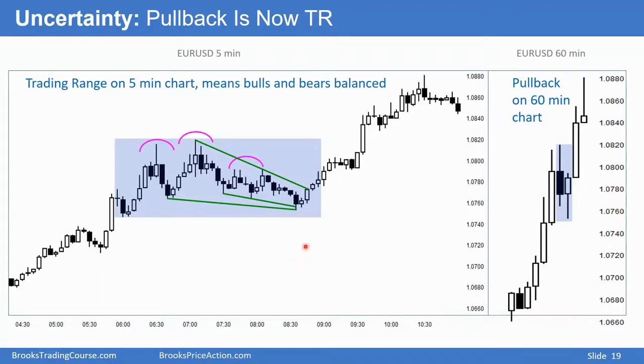If you look at a 60-minute chart of the same thing, this 2 hours of sideways to down trading is simply a pullback on the 60-minute chart. When you look at the 60-minute chart, this does not look like it's strong enough to reverse this 4 big bull bars. On the 60-minute chart, this 2 hours of sideways to down trading is a bull flag. On the 5-minute chart, it's not as clear, and the probability is almost as high that the bears will succeed as it is that the bulls will get their trend resumption.